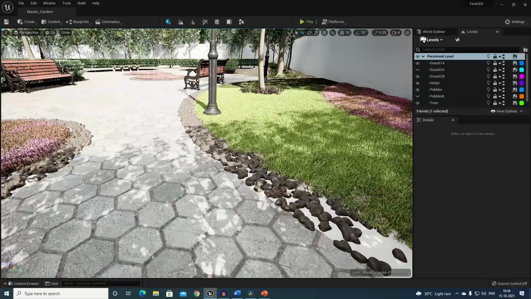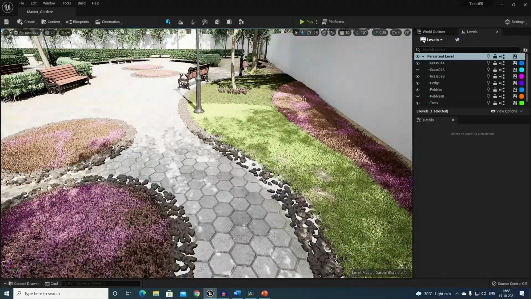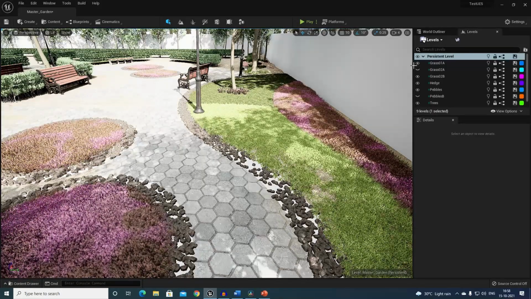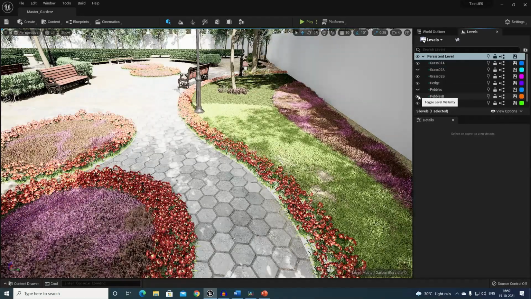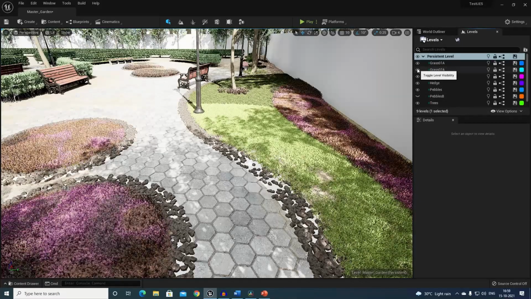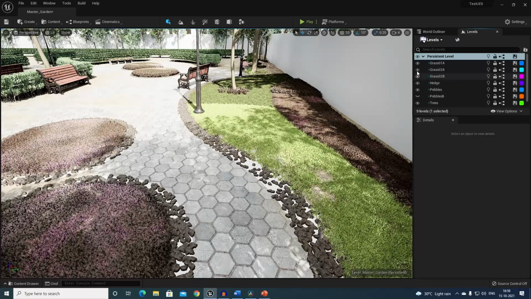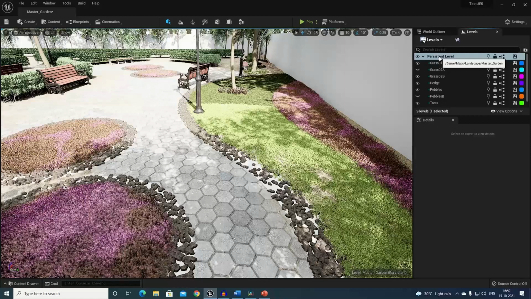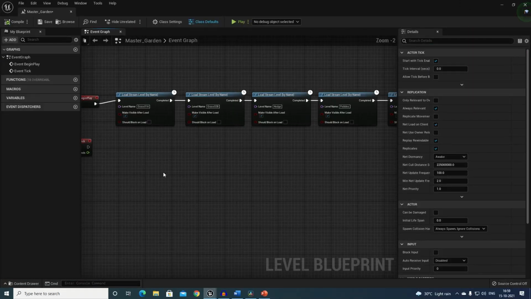Let's move on to the next concept, design options. I'm going to swap pebble into a flower pattern and the second purple color foliage into a brown foliage. So the concept is, we need to save it as a level and resimulate with the different foliage. And you need to load all the levels inside the master level. Then we need to go to the level blueprint, unload the old level and reload the new level.